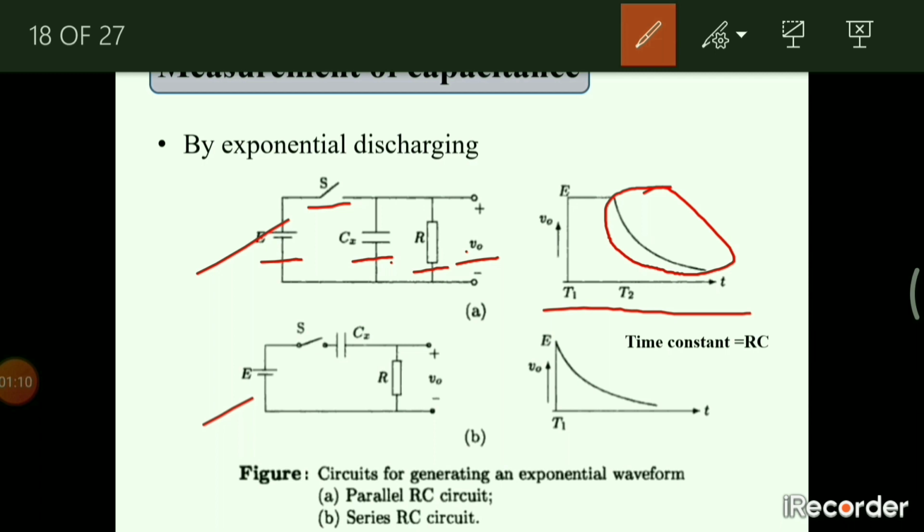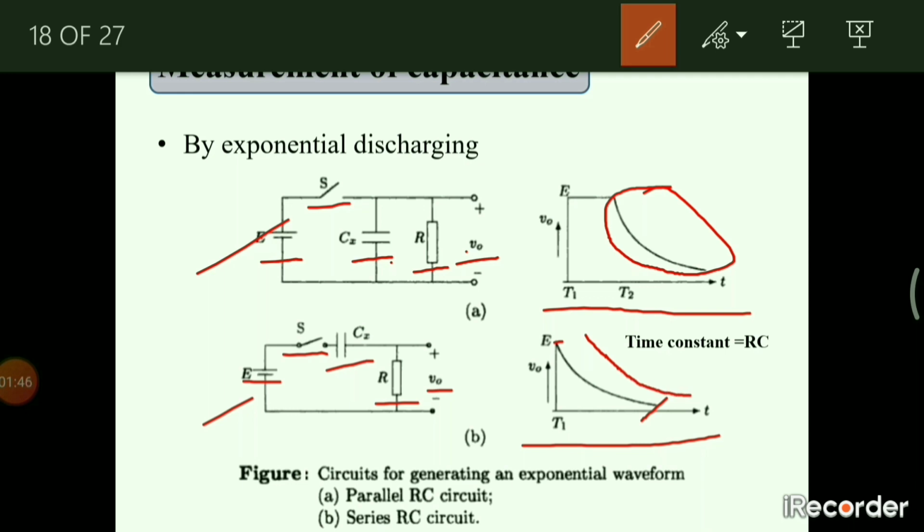In second circuit, battery E is connected, switch S, Cx capacitor of unknown capacitance value, R is the resistance which is connected in series with the Cx, and V0 is the output voltage which is measured across the resistance R. So the obtained waveform is like this. So here we have the peak value and here a minimum value. So whatever the discharging time